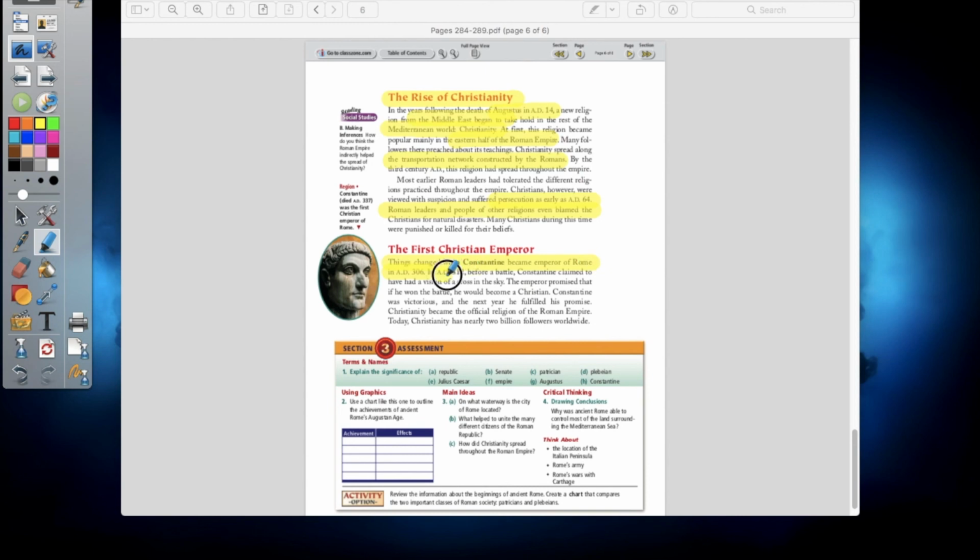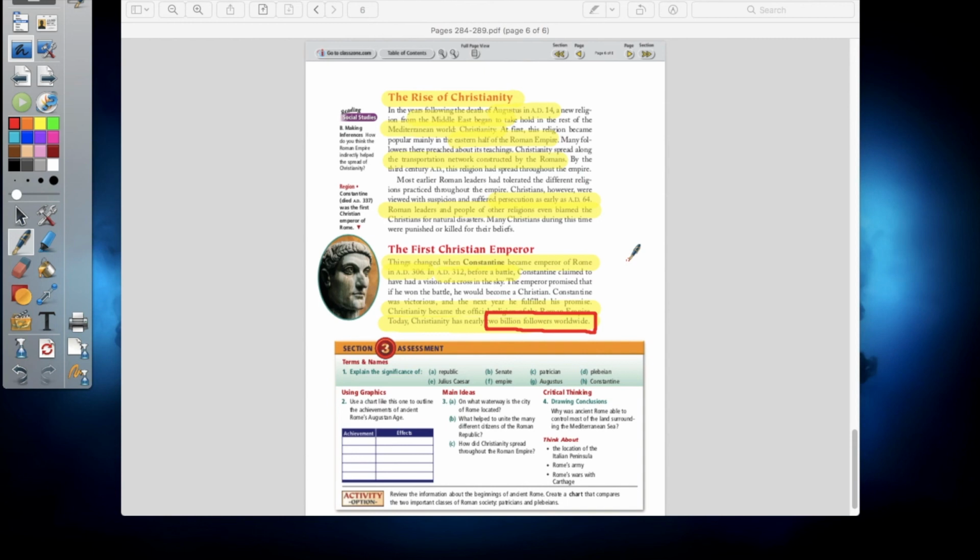In 312 AD, during a battle, he thought he had a religious vision. So because of that, he decided to dedicate the Roman Empire to Christianity, and Christianity became the religion of the entire Roman Empire. In fact, it's lasted even to today, where there are over 2 billion people around the planet who practice this religion, just because the Romans adopted it, and because wherever Rome went, the religion went with them as well. And so that's the reason why it spread so quickly, like I said before.